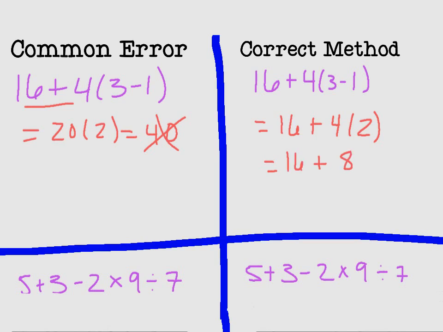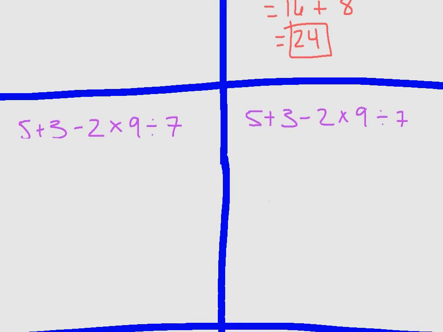So 16 plus 8 is going to be 24. So then that's the correct answer. Notice how the difference is that we would have gotten 40 over here, but 24, quite a difference in an answer. Okay? Same thing if you see it all the way across, and